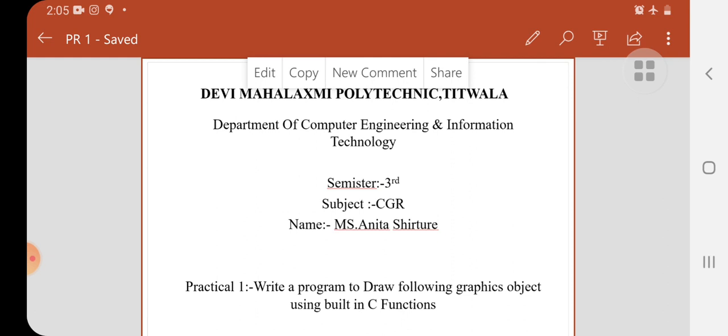Practical one is: write a program to draw the following graphics objects using built-in C functions.